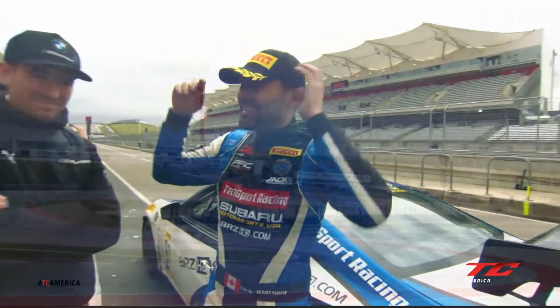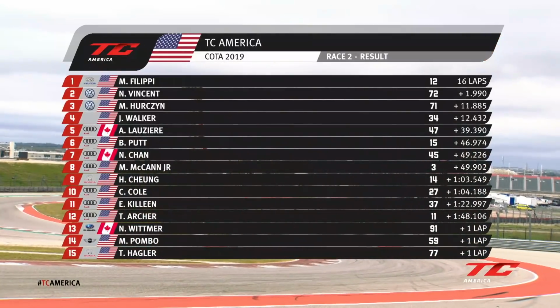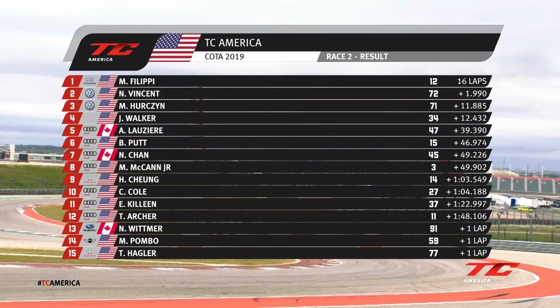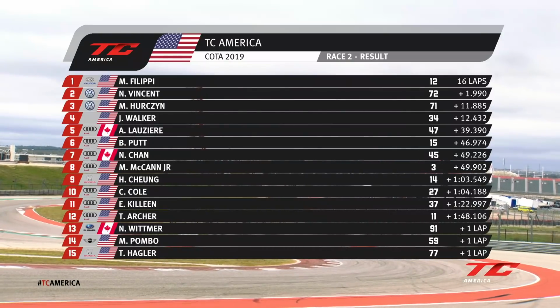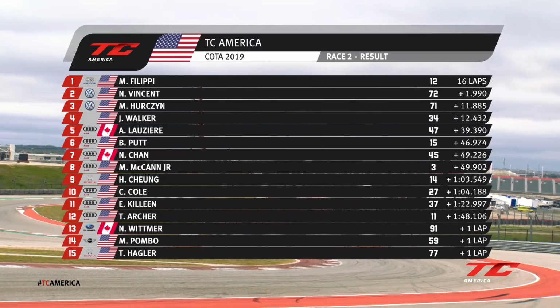You could not only hear the wind, you could see it. Almost took that head off. Yeah, they were saying it could happen. Here's another look at the provisional results, and there's your podium overall. Filippi, Vincent, and Hertzen in the Hyundai and the two VWs. Great drive late, fast lap by Walker. Then Lazier, Putt, and Chan putting the Audis fourth, fifth, sixth, seventh overall, but that is the podium in the